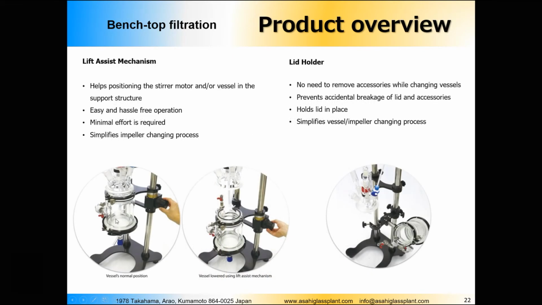In order to do the discharging process easier, you will definitely need a lid holder, and you can easily see here why, because you don't need to disassemble all the upper parts. The lid holder is this item here, so it holds the lid in a certain place. You just lower the vessel together with the filter bottom, you tilt it to a side, and then you can easily rotate the filter body